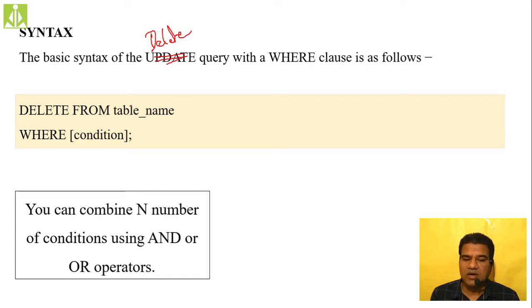Delete from which table? The table specification is made over here, because inside the database we have multiple tables. So from what particular table you want to delete the record, that table specification we make over here. But inside the table we have multiple records, so record specification also we have to do. That record specification we do with the where clause followed by the condition. Whatever records satisfy this particular condition or this where clause will get deleted from the table. Here the table specification, and here the record specification within the table.